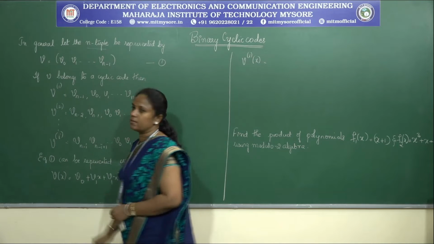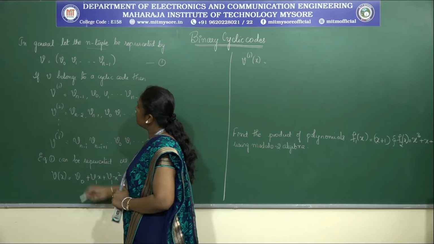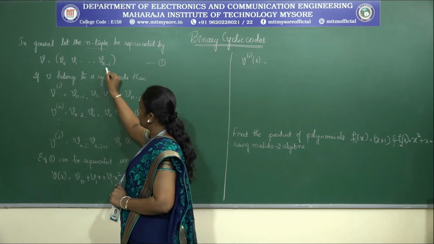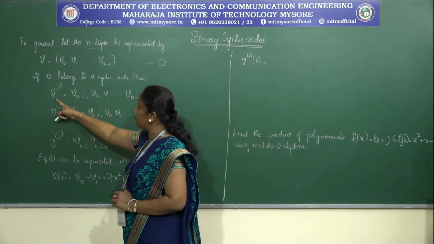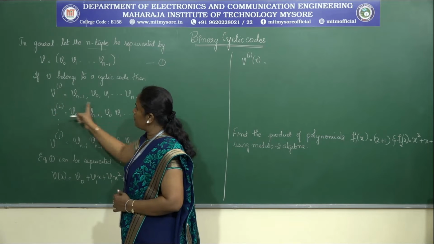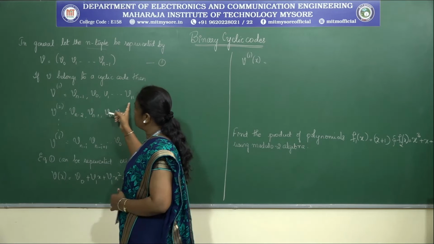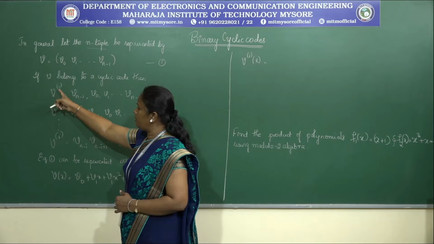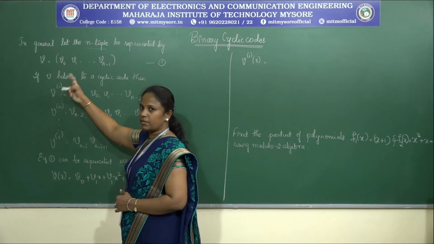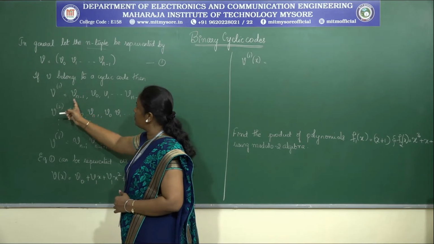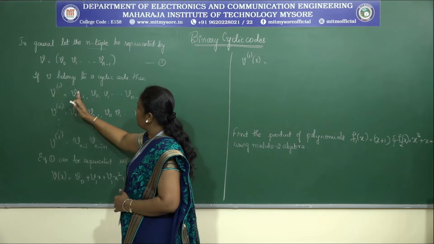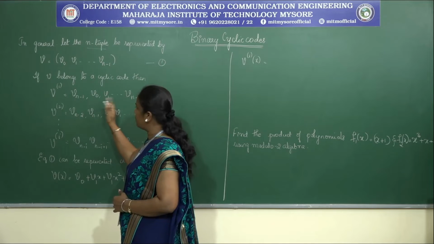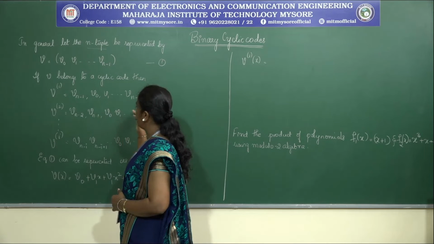Let us represent this equation as 1. Now we are going to perform the cyclic shift of equation 1. If we perform a 1-bit cyclic shift, the new n-tuple we get is v of 1, that means the first 1-bit cyclic shift, v1 = (vn-1, v0, ...). So the next bit will be vn-2.